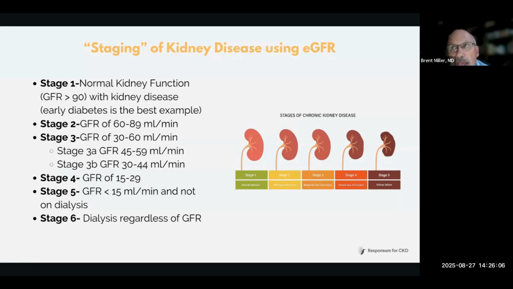One percent of people are born with one kidney. They don't even know it until something happens when they're older and they get an ultrasound. They say, gee, you only have one kidney. Those people's GFR is going to be slightly low because they only have one kidney instead of two. Do they have kidney disease? I don't know.